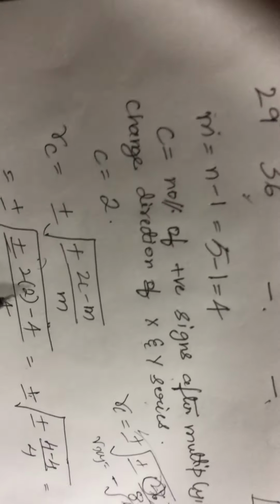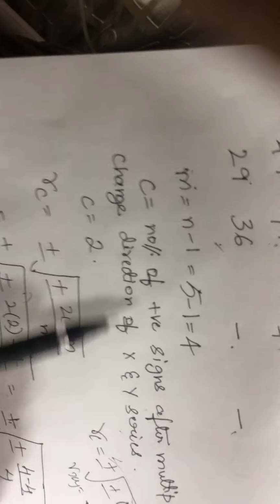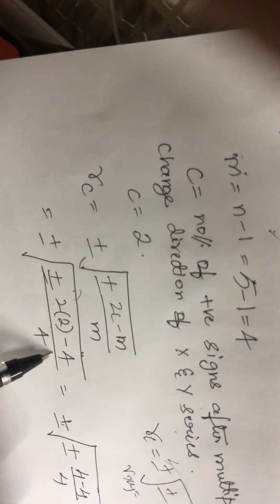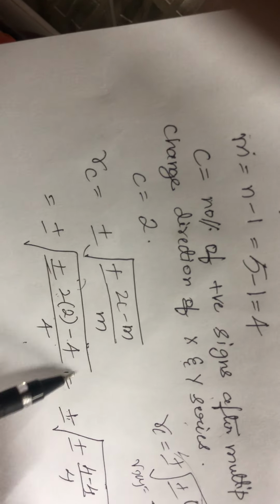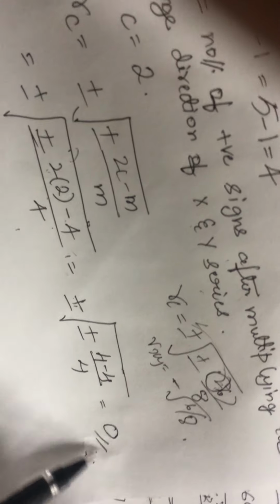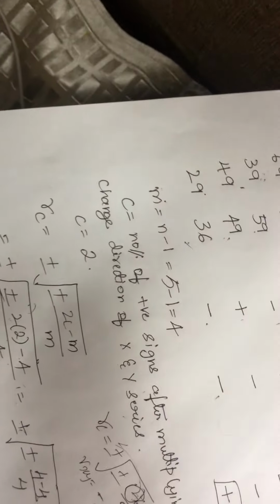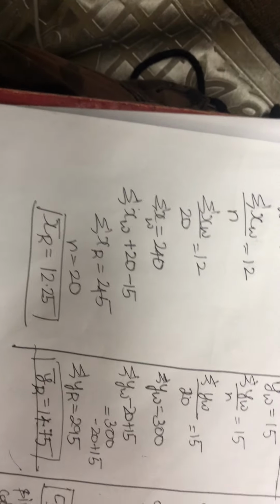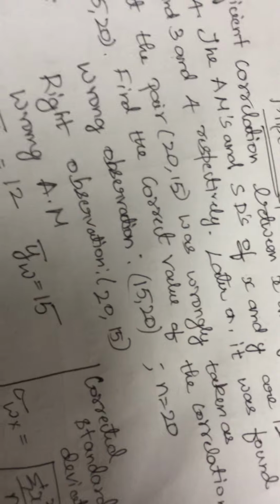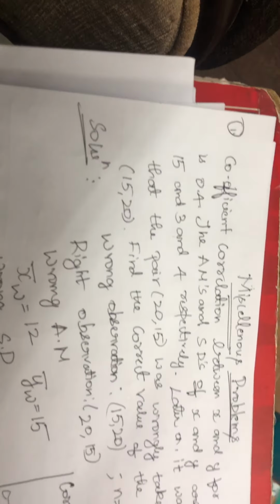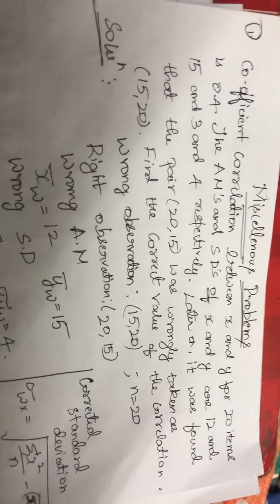So in this case, your C is 2 and m is 4. Therefore (2c minus m) by m: 4 minus 4 is 0. Root of 0 is 0. As in this case RXY is 0, we say there is no correlation existing between them. So this is all about correlation. In the next class we will be discussing about